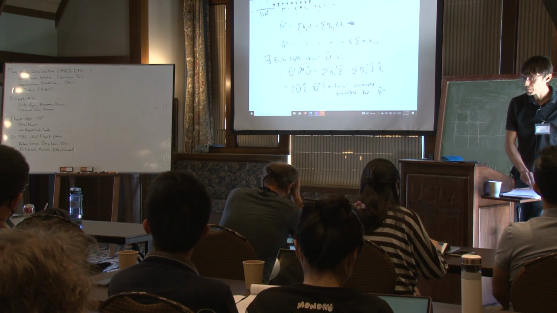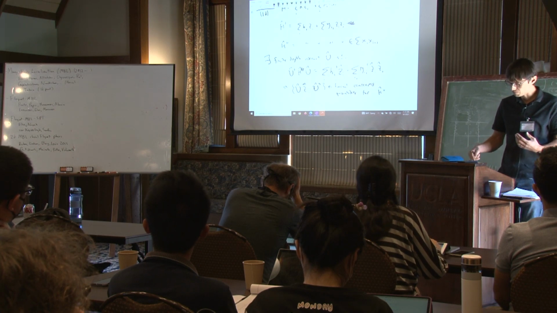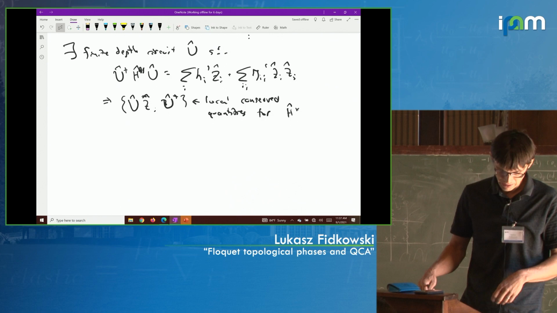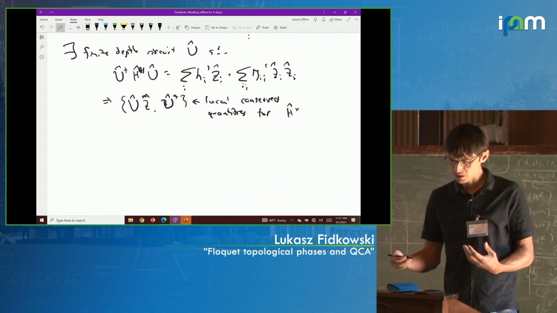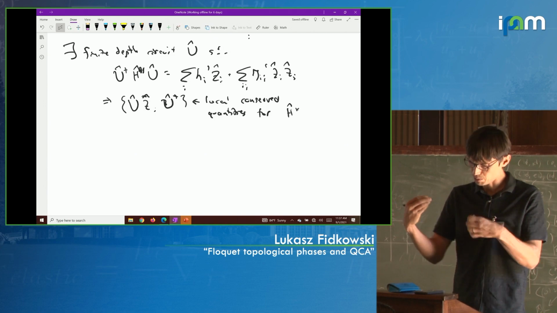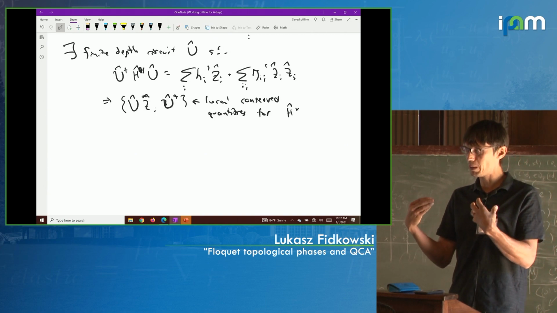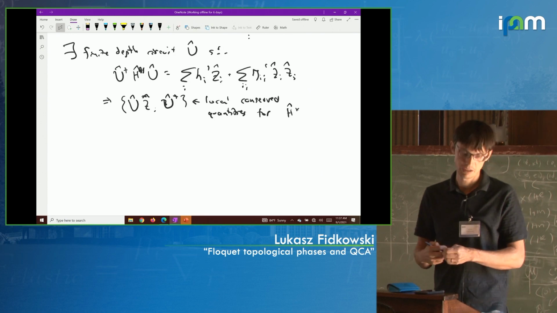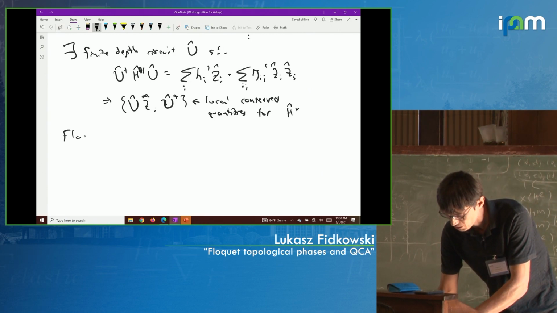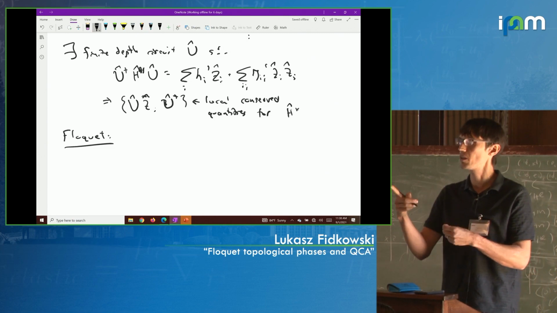And okay, so now let me also mention the Floquet version of this. It turns out that this kind of robustness, this existence of local conserved quantities that are robust to perturbations, can also be robust to periodic drives. Okay, so in the case of Floquet systems, you have to say it slightly differently, since in the case of Floquet, yeah.